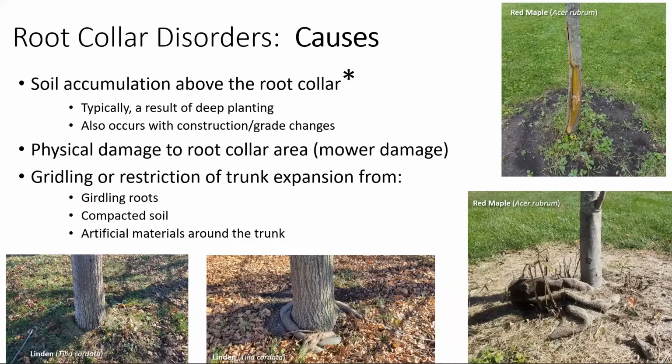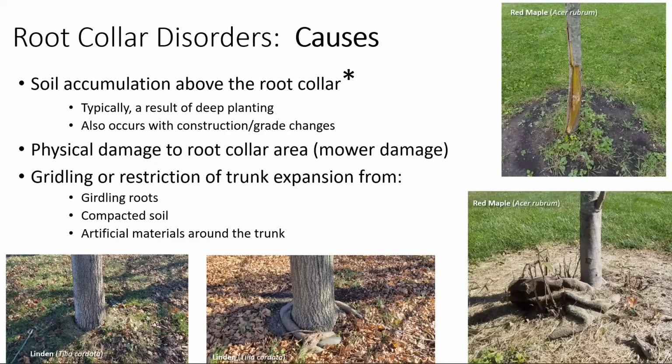So when we get back to root collar disorders here, what are some of the causes? Soil accumulation over the root collar. I put a big asterisk by this because that is typically a result of deep planting, but also can occur from construction or grade changes in that area where we've deposited new soil on top of it. But that's really one of the major causes of root collar disorders: the root flare is buried in the soil for one reason or another. And we can see good examples of that in both the lindens there. We don't see a root flare. And in the case of the linden on the right, we do see a girdling root that's growing around the